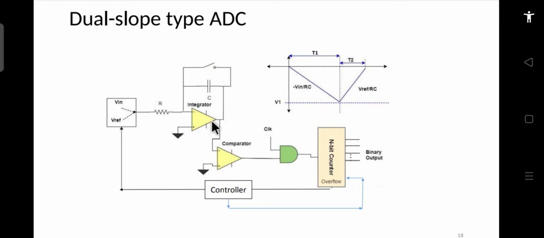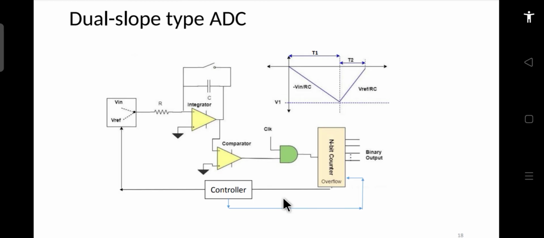Depending upon the input value, the circuit generates the corresponding output, and the slope will be different for different input values. That is why it is called dual slope type of ADC.